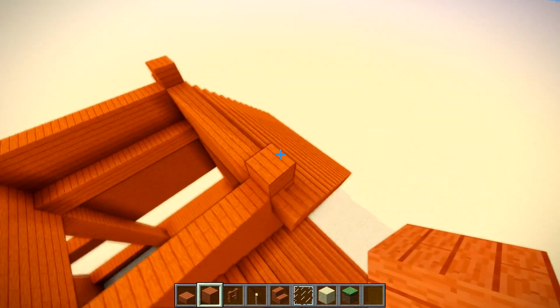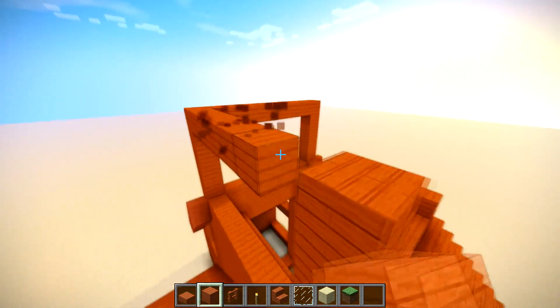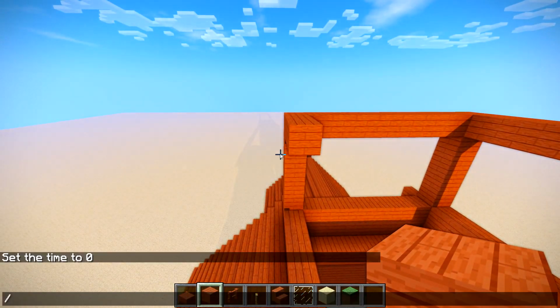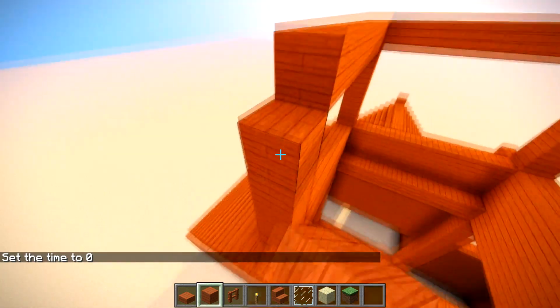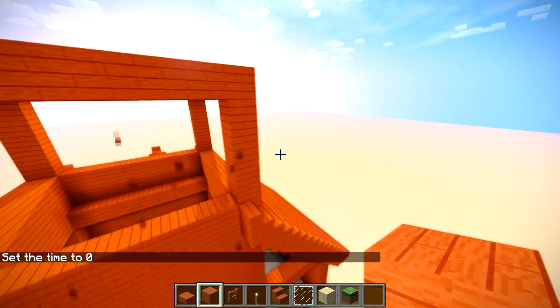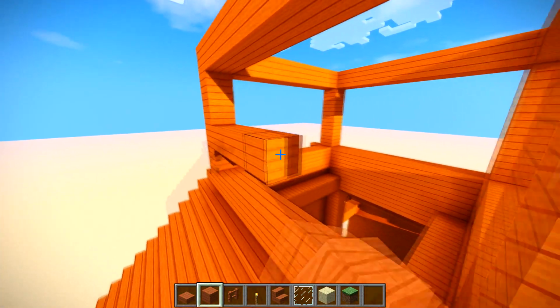We're actually going to have some windows as well, I feel it's a good thing. And we can put a tiny little roof on this as well. I think it might work. I'll just change the time real quickly, just so we can see what we are doing, because it's getting a bit bright. But hopefully you get the gist of this, and you can pause the video if you get stuck. But yeah, I'm going to put it across here,